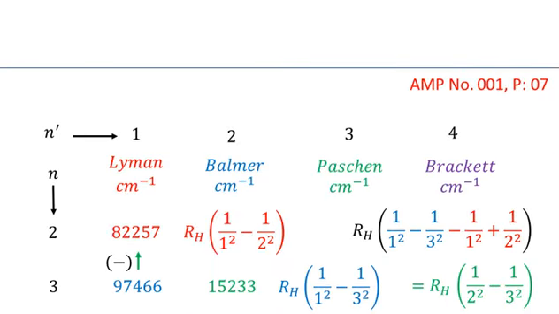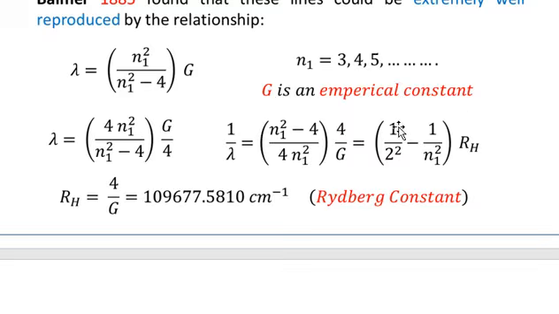So I am introducing two variables, n prime to be changed along the horizontal direction, and n will change vertically downward. This n prime is actually the same value of n as I have mentioned over here, n1. So n1 is now substituted as n prime, and for example in the first place, which I have 1 over 2 square, the square of 2, this 2 will be replaced by another constant, a general integer value which is represented by n. So we have 1 over n square minus 1 over n prime square multiplied by the